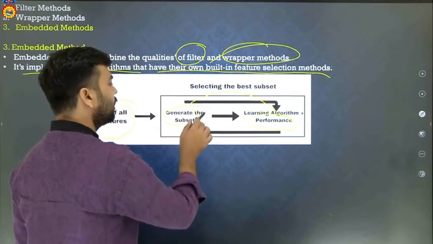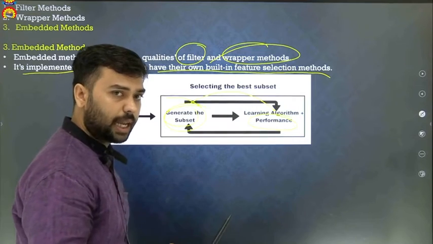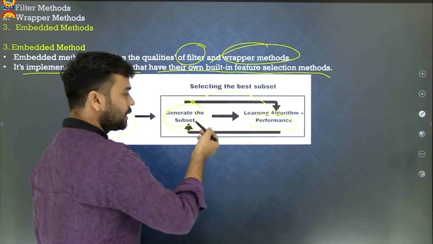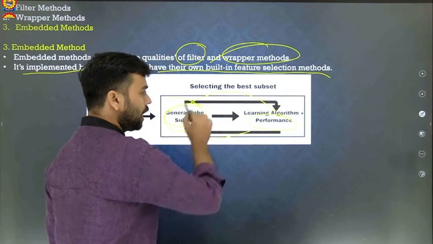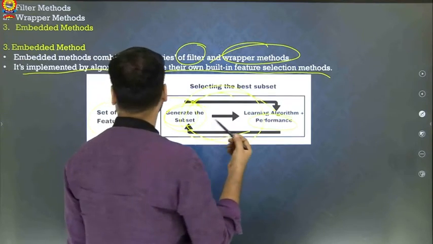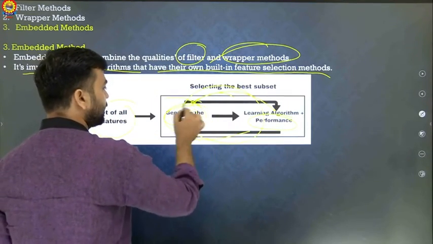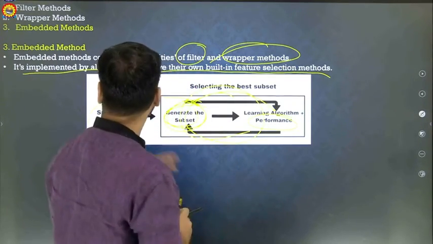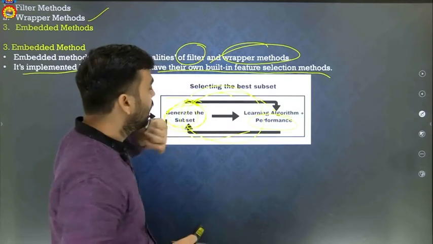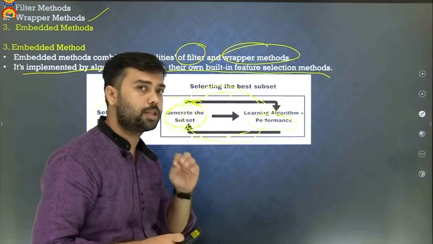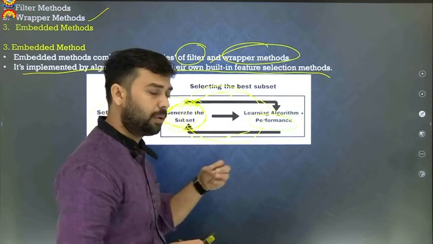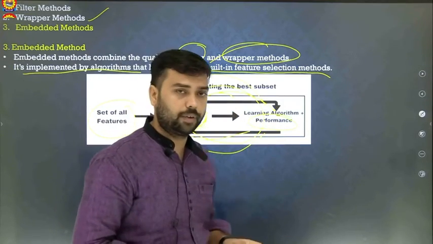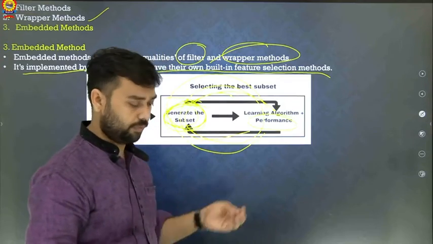So it selects the subset by its own method, like filtering, and we apply it to the algorithm, and again it chooses the next subset, applies it to the algorithm and checks the performance. So it also works like a wrap type, and it also selects the subset by its own method. In the wrap method we select the subset randomly, but in the filtering method we select the subset on the basis of the score. So it selects the subset based on some particular method, applies it to the algorithm, checks the performance, and does it iteratively. That's why it is a combination of filtering and wrapping.